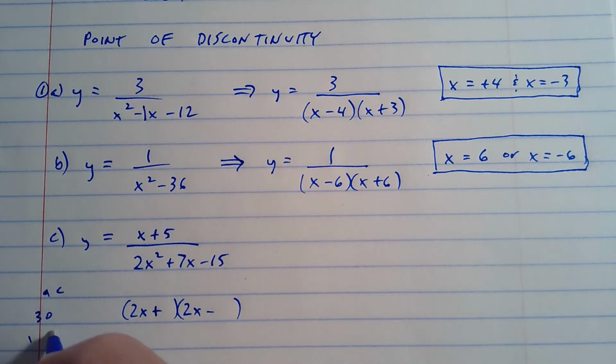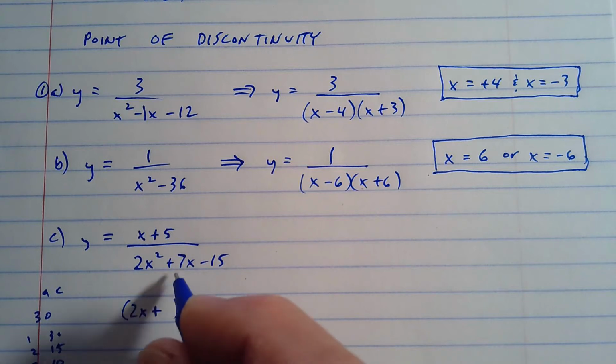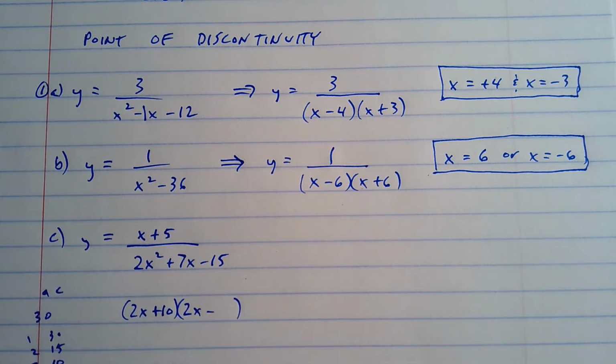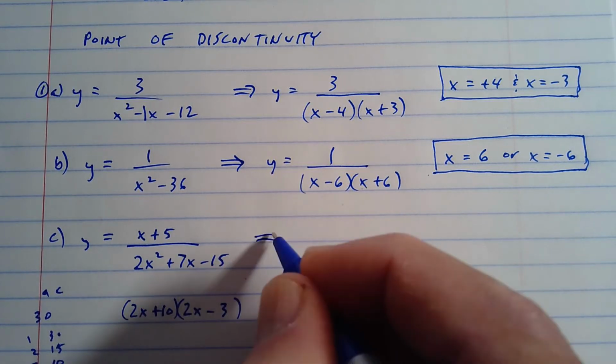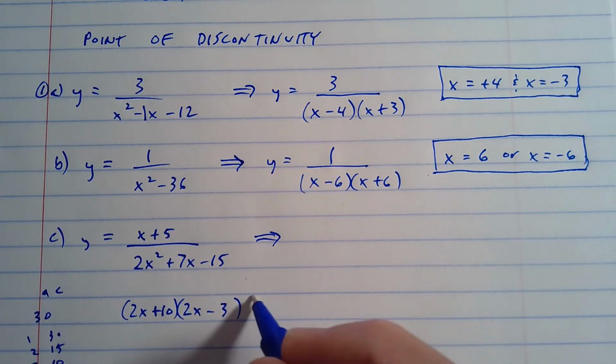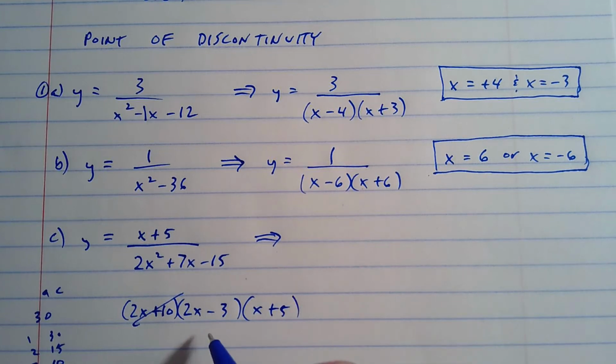And then 1 and 30, does that work? No. 2 and 15, nope, that's 13 apart. 3 and 10 though, those are 7 apart. And so now I want to make it more positive because it's positive 7x for my middle term, so I'm going to put a plus 10 there and then a minus 3 here. That gives me my factoring now. I can take out this extra 2, which then gives me an x plus 5 when I do that. So the factoring for this is